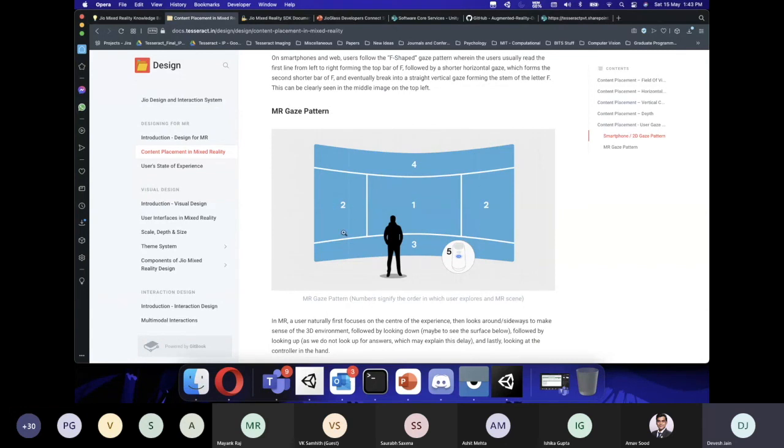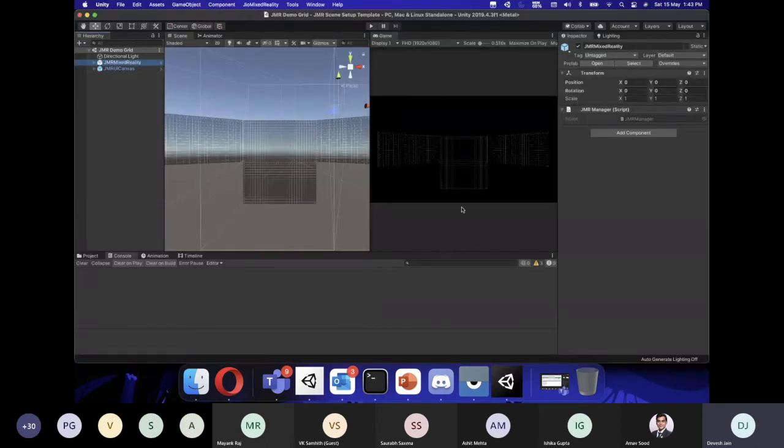These numbers denote the order in which users generally focus their gaze, and this helps you curate the experience in a more intuitive manner for the user. This is the template which Arnav will upload, and you can use this grid as a marker for that.